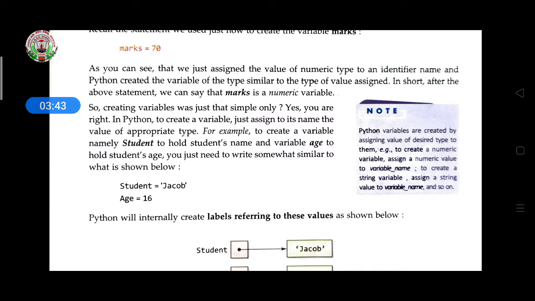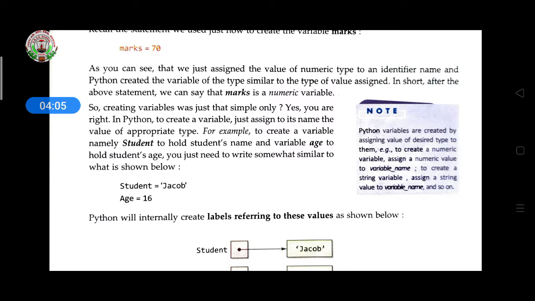Yes, you are right. In Python, to create a variable, just assign to its name a value of appropriate type. For example, to create a variable namely student to hold a student's name, and a variable age to hold the student's age, you just need to write something similar to what is shown below.